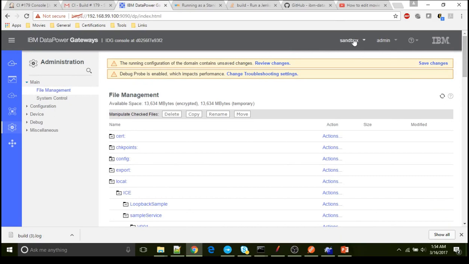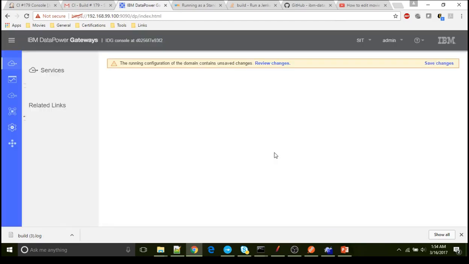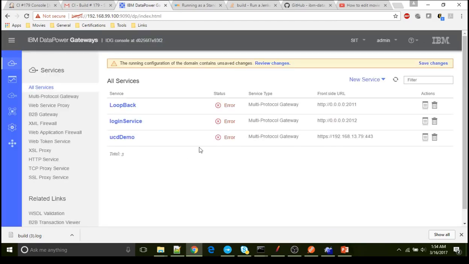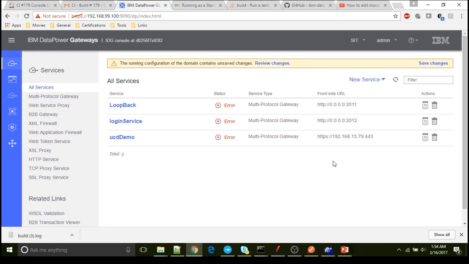And let's go and see the service, which might be down in SIT domain. That's because it's the other domain with the same port number. I have not defined any deployment policies, but this is pretty usual and it's something expected. We don't care. But in real time, you may not have the same box with two domains, but obviously it will be two physical boxes. Or with deployment policies, we change the port number, so the service will be up and running. So now it shows error, but don't worry about it.